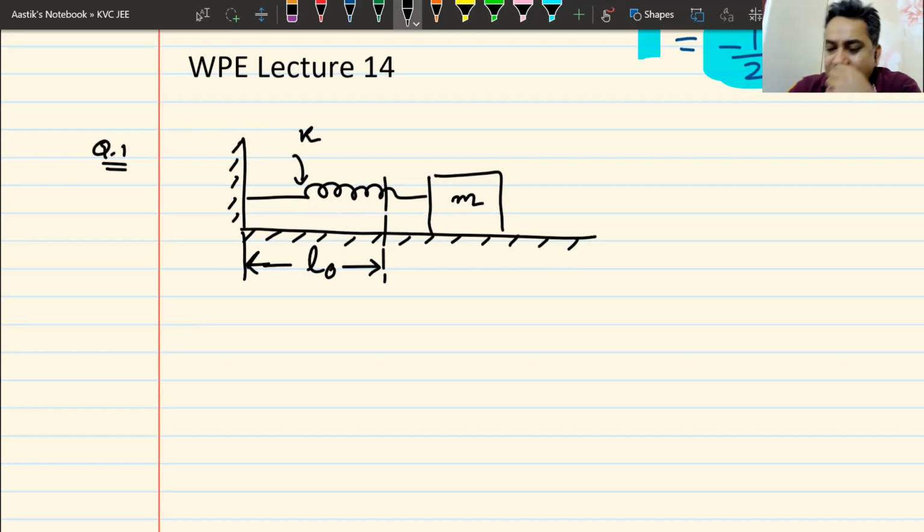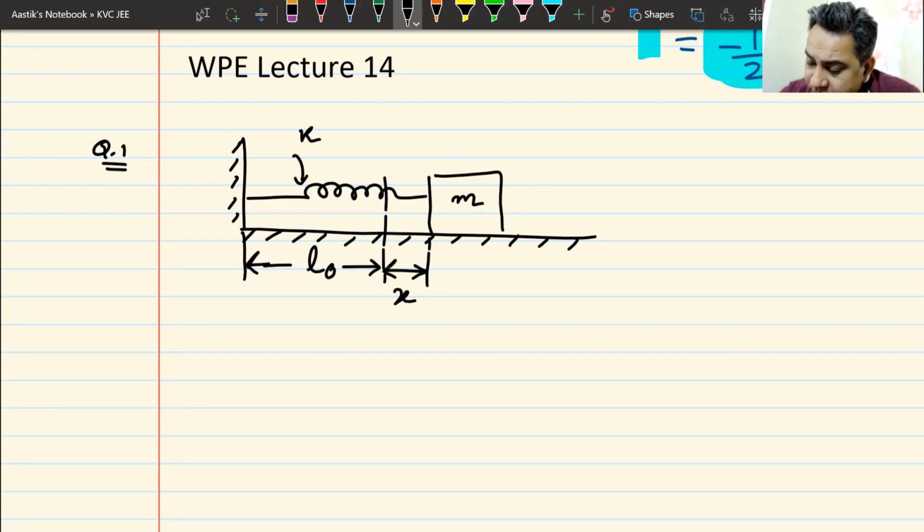Normally, the natural length of the spring is not given to you because it is not required. I'm just giving it to you so that you have an idea that sometimes the natural length of the spring might be given to you. It's of no use. It's normally not given. Anyways, now as you can see, this spring has been extended by a length x already in the diagram. The spring has already been extended.